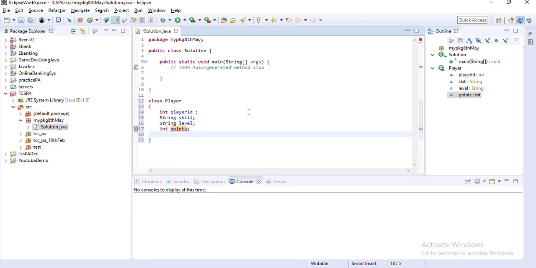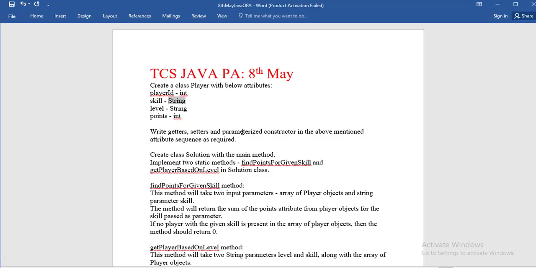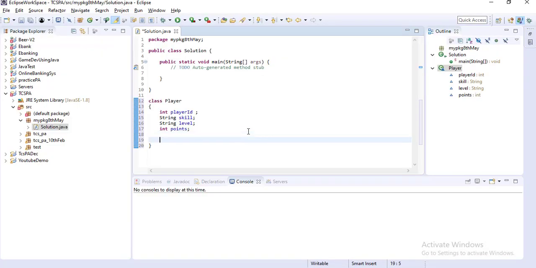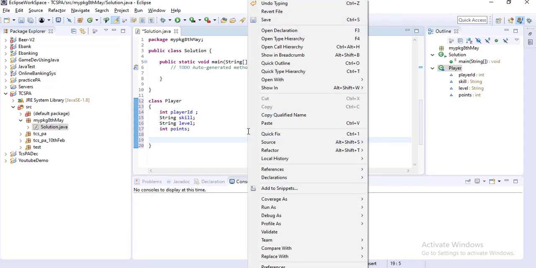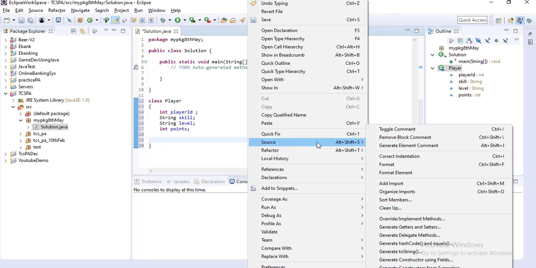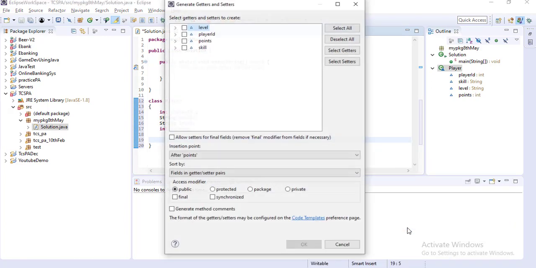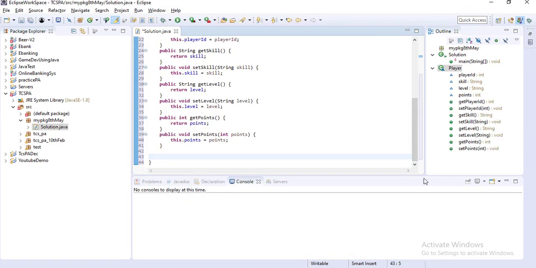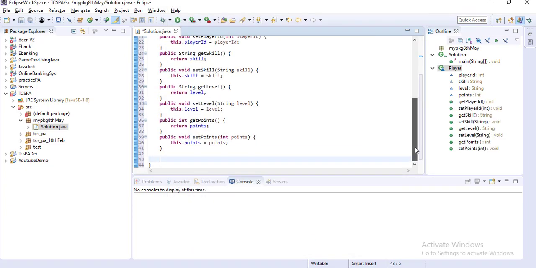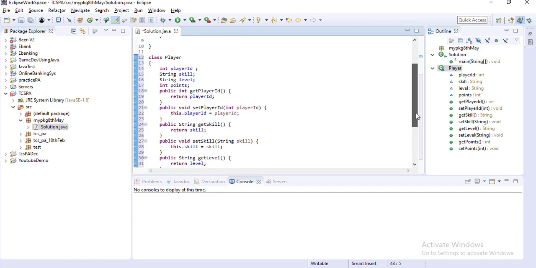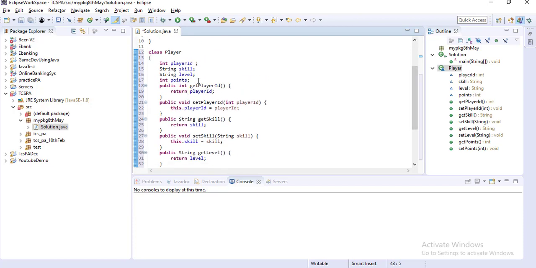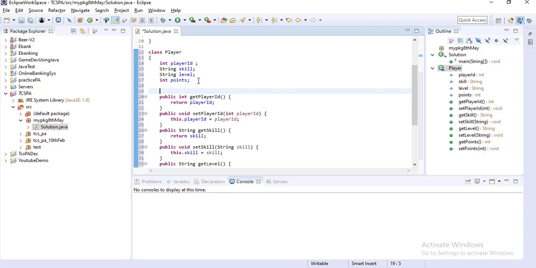Then here you can see write getters, setters, and a parameterized constructor. In Eclipse it's easy to define getters and setters: right click, go to Source, and then Generate Getters and Setters. Select all the parameters and click OK, so the getter and setter methods will be created. You can also write it manually, no issues.